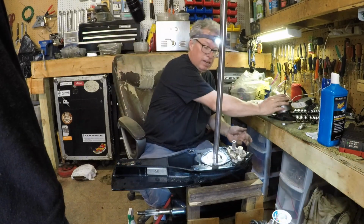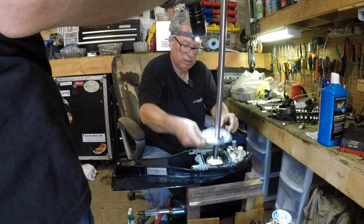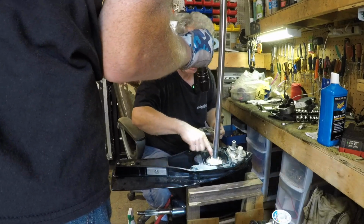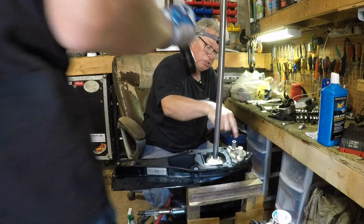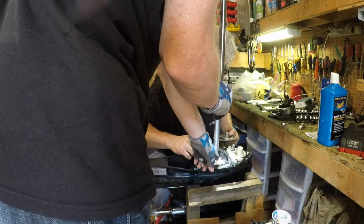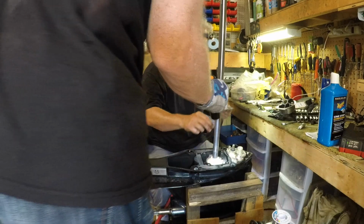So there's that, and then we'll just take our plate off. And that gets you down to where the gear is. This is where the seals are at, and underneath here, there's a seal under the shift. Well, I can already see a little gap here. I mean, I don't know. We'll find out once we...